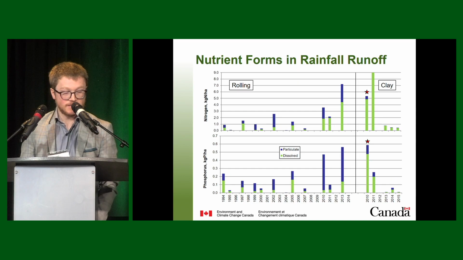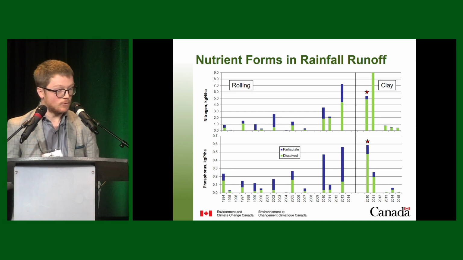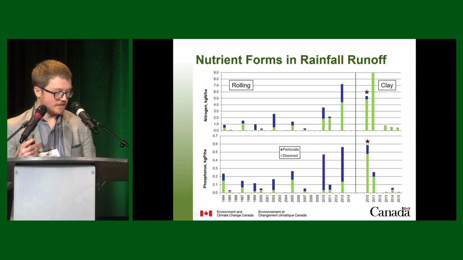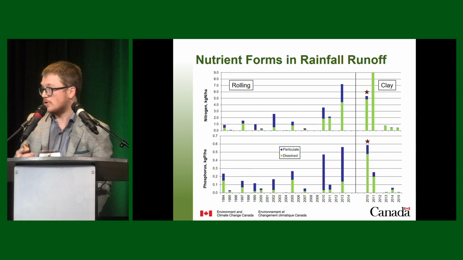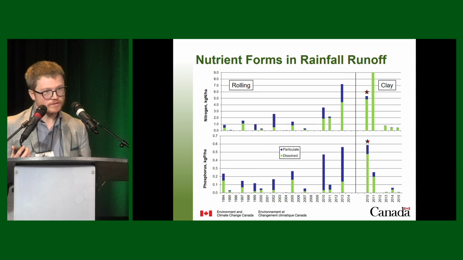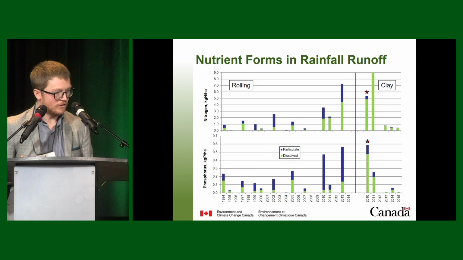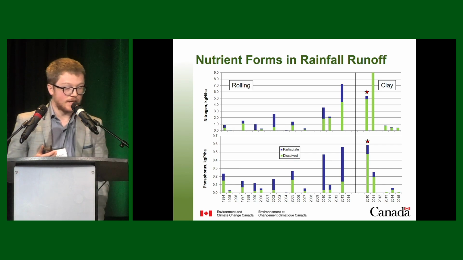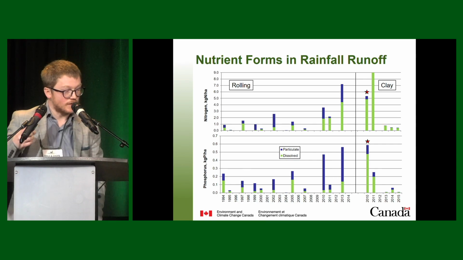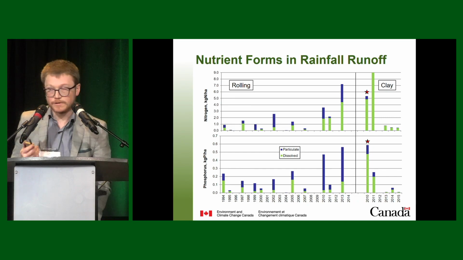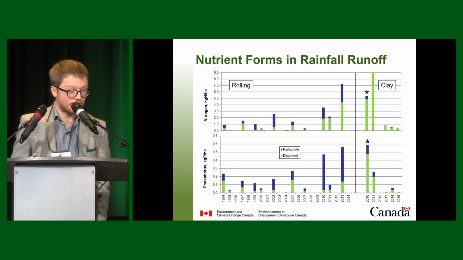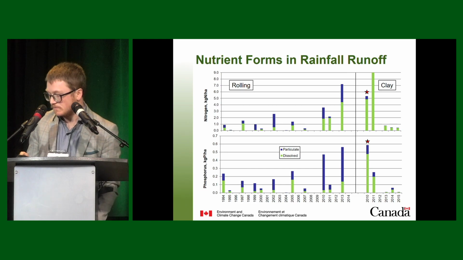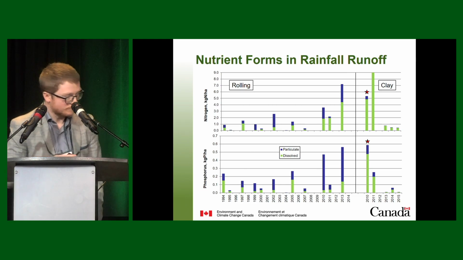What about the distribution in rainfall runoff? And so looking again, the same two sites, same periods of time, and this time looking at, again, nitrogen and phosphorus in the particulate and dissolved fraction. Couple of things to note. First of all, in absolute terms, we're seeing the relatively lower contribution of rainfall runoff relative to snowmelt, but in this case, we're seeing that under the rolling topography, a greater dominance of that particulate fraction relative to the level clay topography. And under the clay condition, we're seeing most of it dominating in the dissolved fraction.